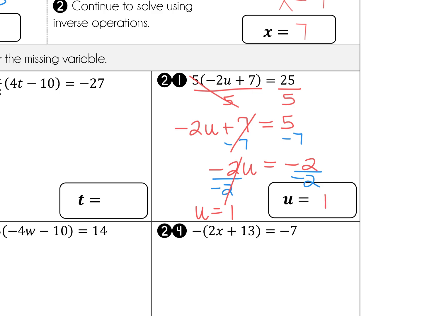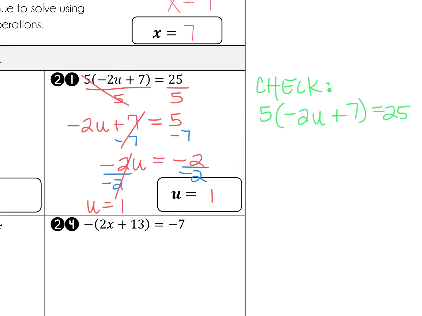Now at this point, I'll pause and identify the process for checking our solutions with these types of equations so that you have that as a strategy when you're doing your homework or when you're taking a test or quiz. As a reminder, when we do a check, we simply replace the variable with the solution that we think we found. So in the original equation,